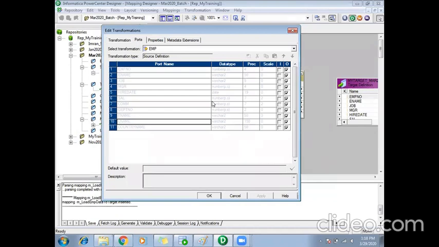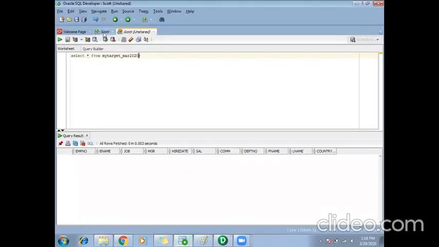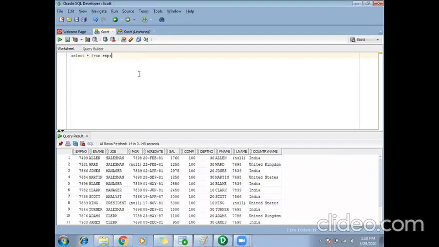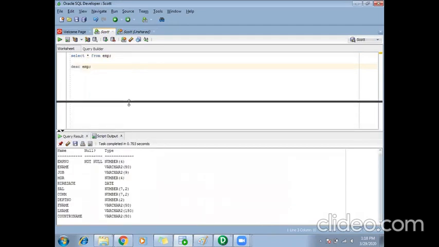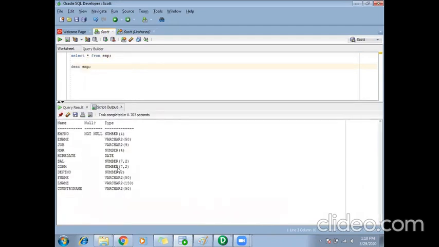And if you observe, if I go to my database EMP table and run the describe command, it gives me the structure of my table, right? The column, the data type, everything.